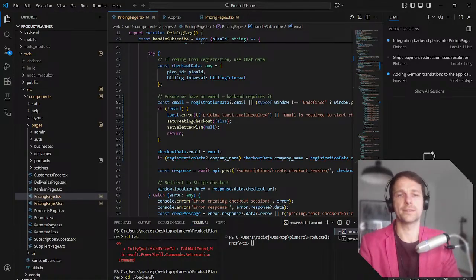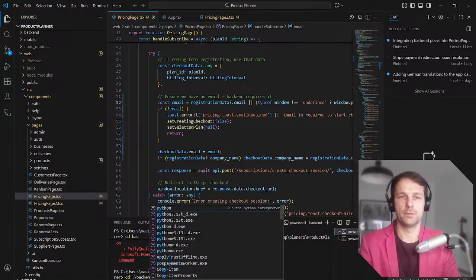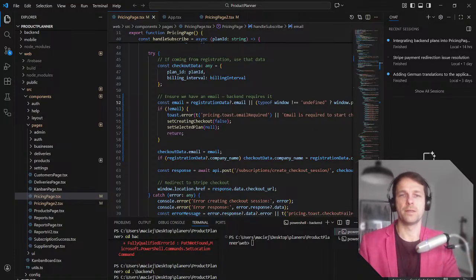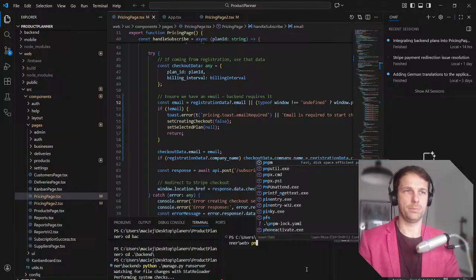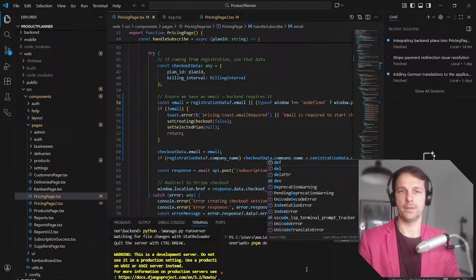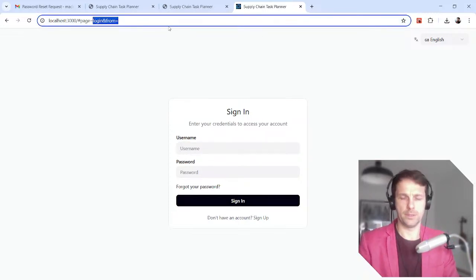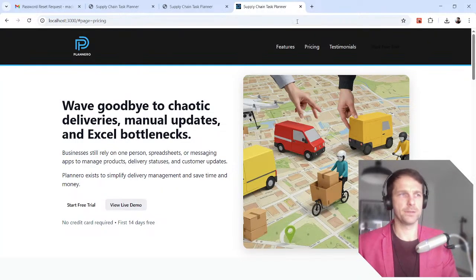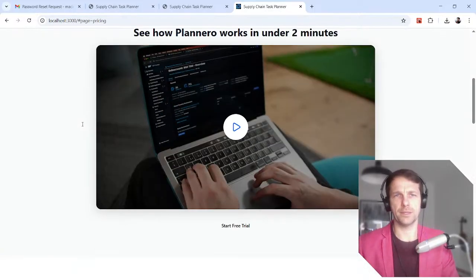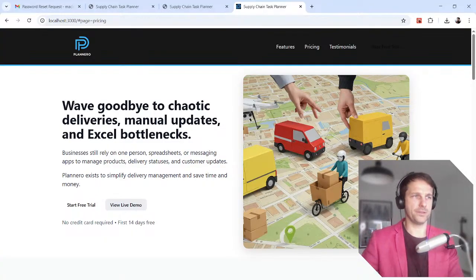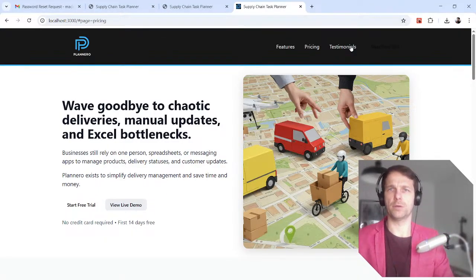That's the Python. Sorry, I'm all over the place. Managed by runserver, and then PM dev. So I have this page which is pricing. This is currently my sales page. I need to beef it up. I actually have a nicer version on another project, but I couldn't figure out some of the problems yesterday, so I'm still working on it.